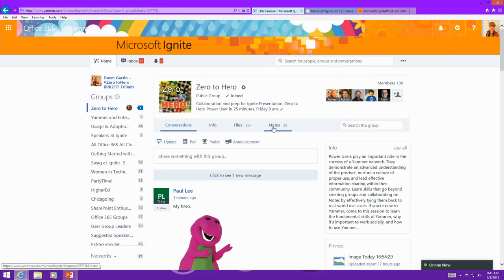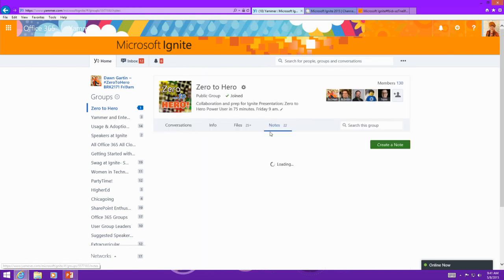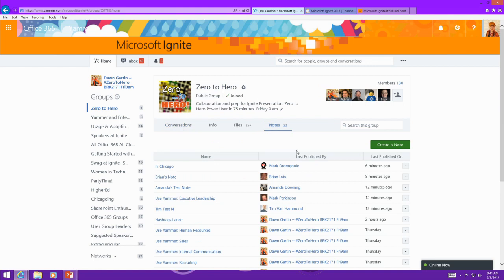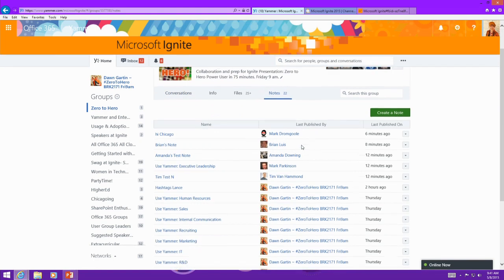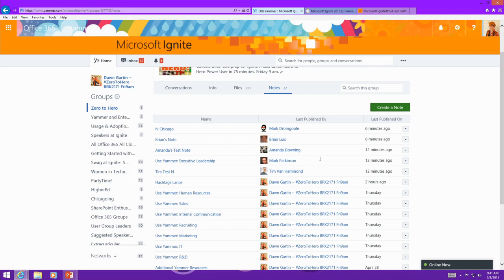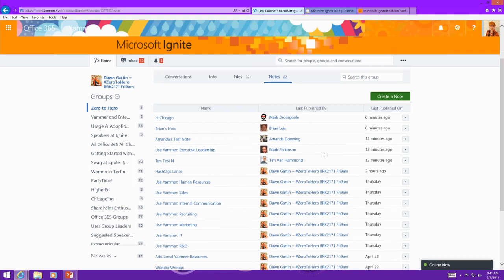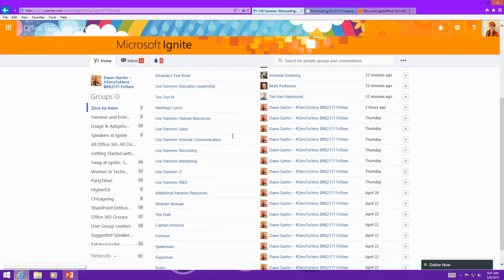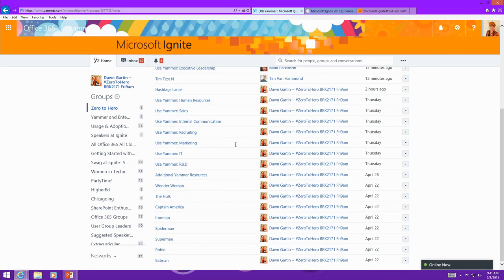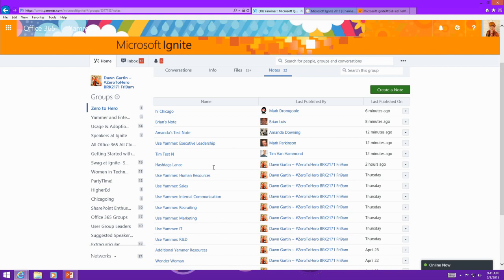I also want to flip over to the notes. We were talking about notes briefly. I think some people might have gotten in already to edit, which is fantastic. We created a variety of notes, and you can also create your own, just to show you how those work. So I was doing some different ones tied to those use cases. If you're in a particular department and want to edit those notes, remember up to 12 people can be in a note at one time. There are some questions in there that you could answer to get some discussion going.